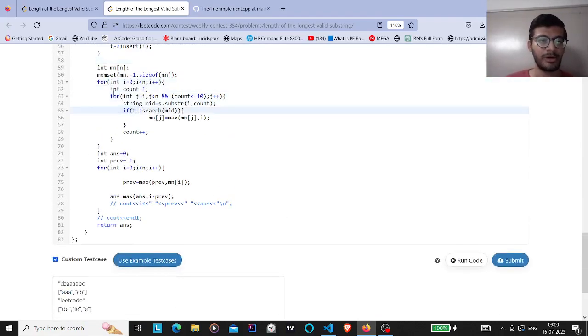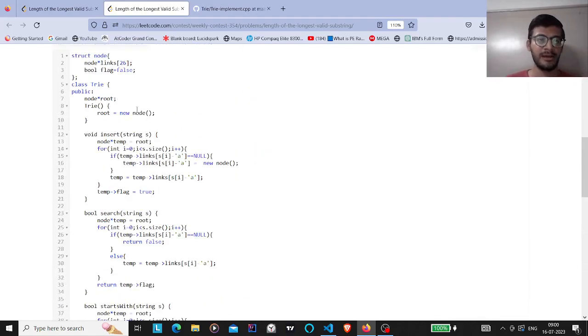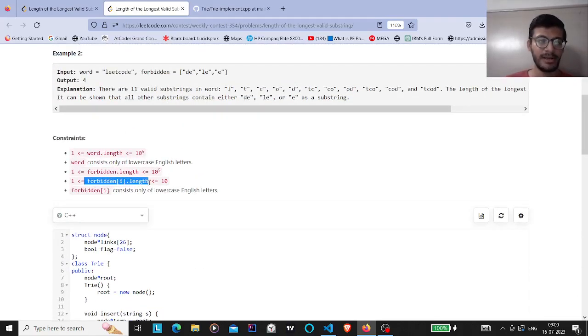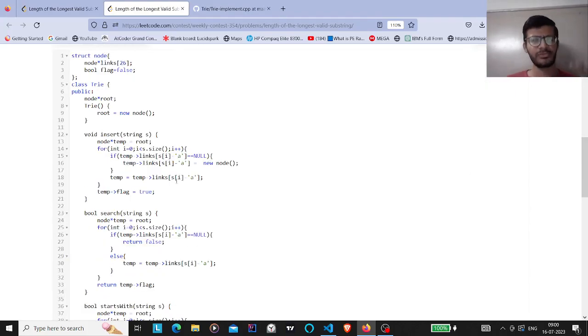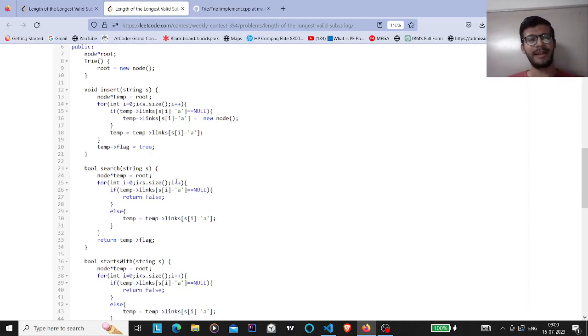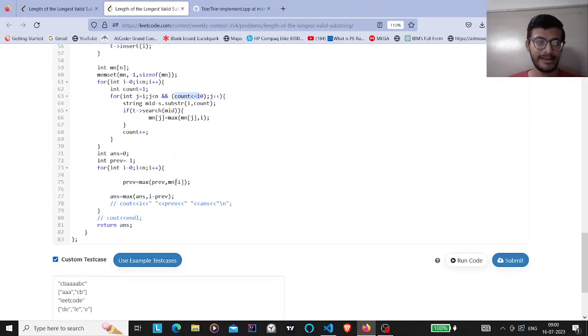Okay, and what I'm actually doing is, think of that count should be less than or equal to 10, because here they have mentioned that forbidden[i].length should always be less than or equal to 10. So there is no use of searching for 11 and 12 length. So I have thought in that way. I think they had given such a small constraint to this factor only, so that we can just iterate it